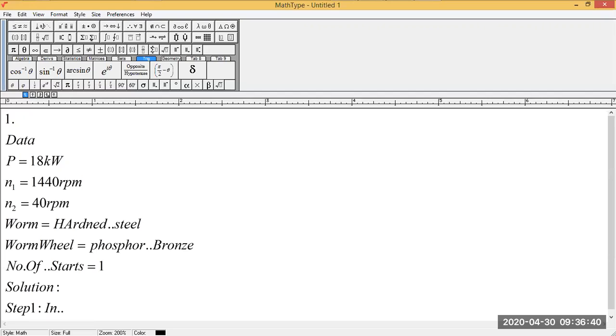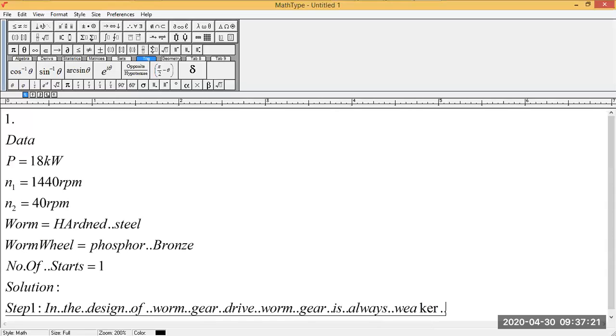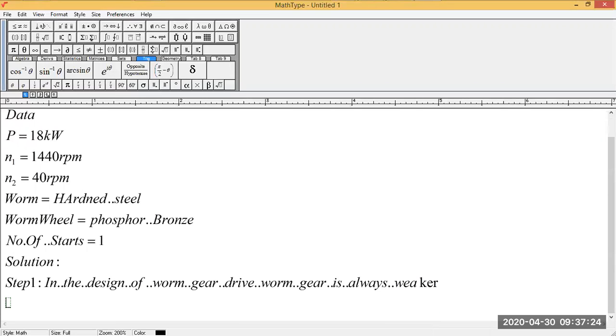In the design of worm gear drive, a worm gear is always weaker. Okay, so worm gear is always weaker, and we can say hence